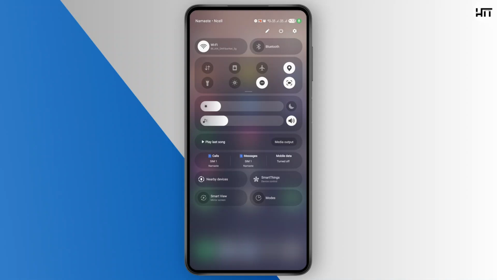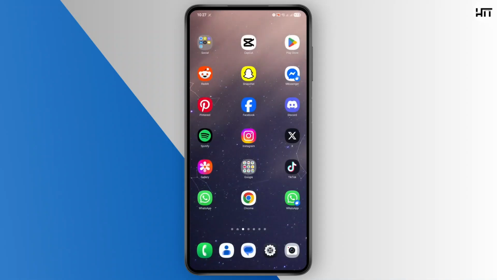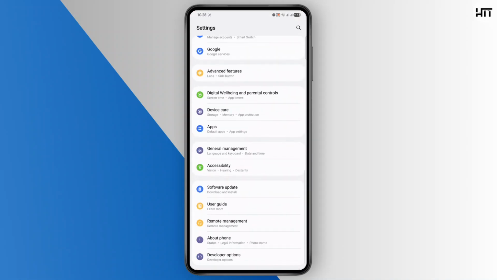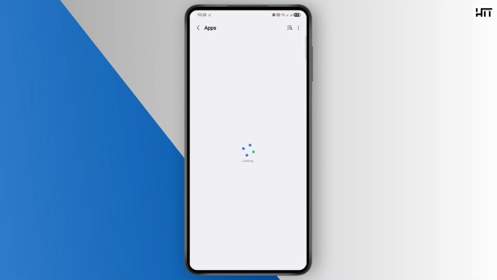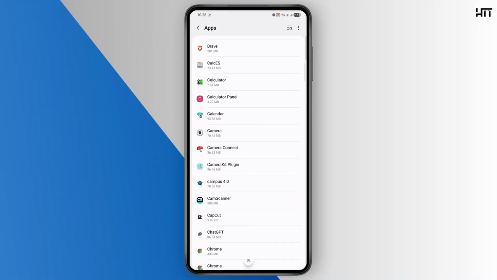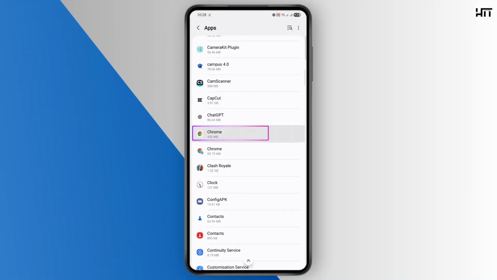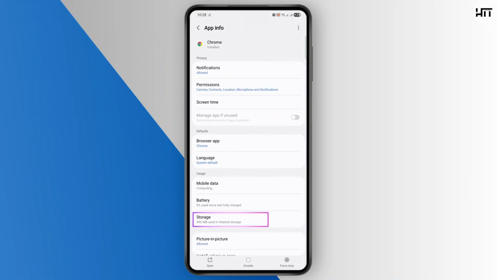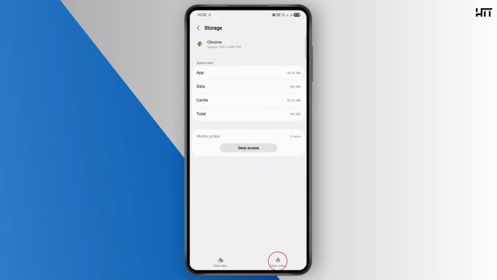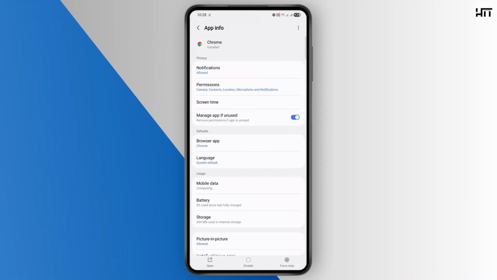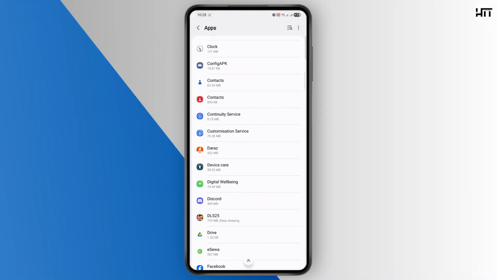Then what you can do is clear app cache, especially for your browsers and social apps. For that, just go to your settings, scroll down and find apps, tap on it. From apps, go ahead and find your browser app or your social app. I'll just scroll down, find Google Chrome for my browser, then go to storage, tap on clear cache down below,